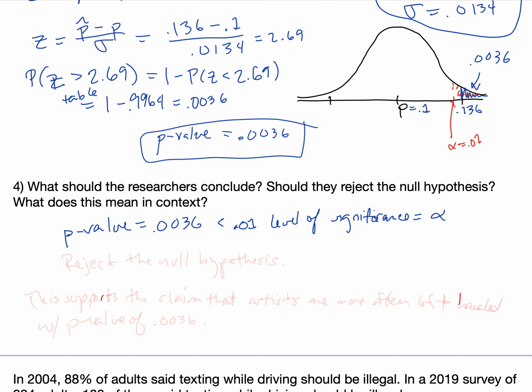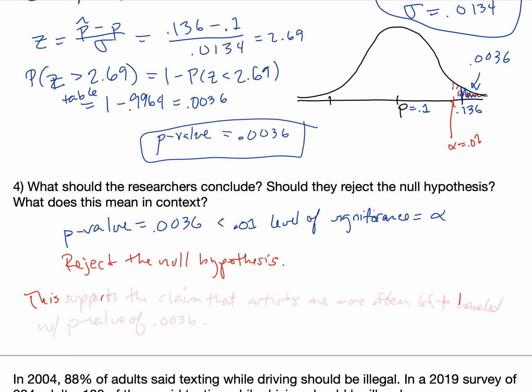So because it was less likely than our level of significance, the probability of a result at least this extreme is less than 1%, is less than our level of significance, and therefore we reject the null hypothesis. What does it mean to reject the null hypothesis in this case? That means that we are using this as evidence to say that